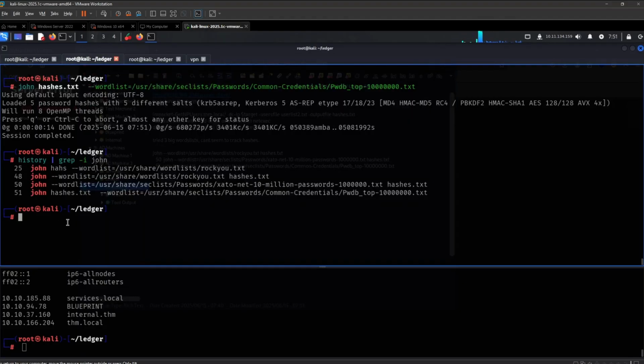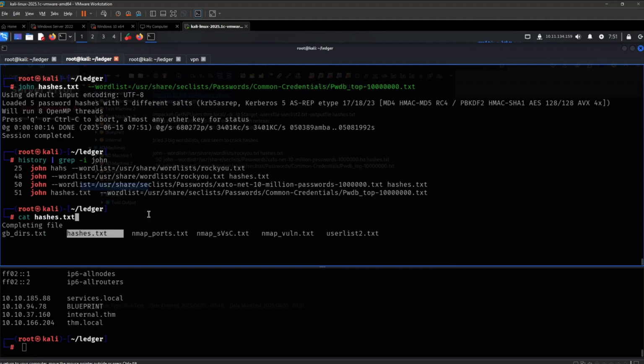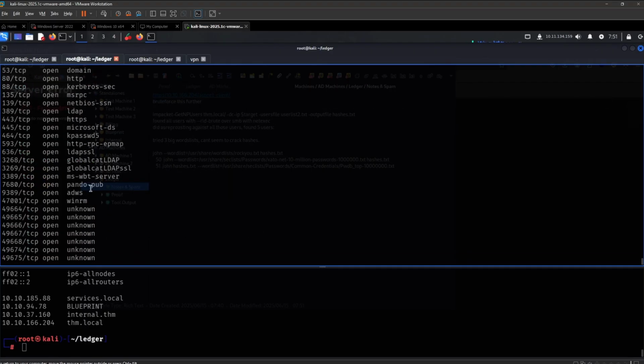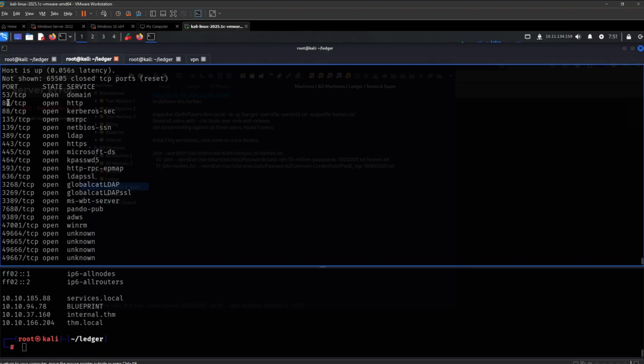So these were the lists that I tried. So let us get back. Whenever I get a bit stuck, again, I'm far from stuck, but this path didn't work, I just like to go back to the ports that we have, right? So we can still check